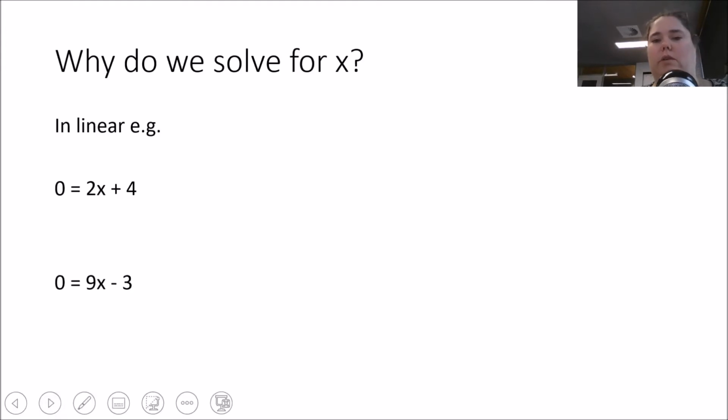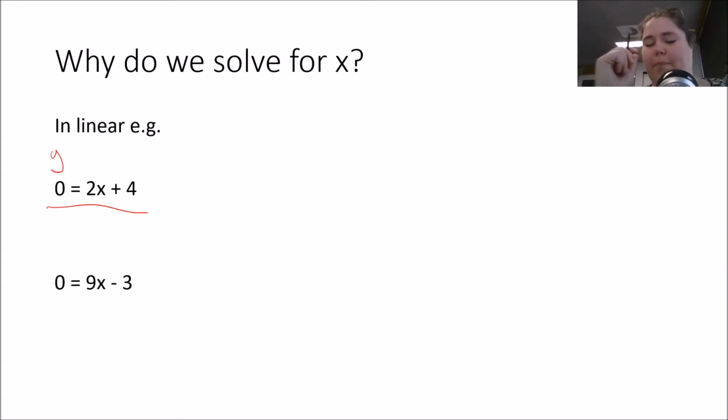So why do we solve for x? So in linear, why did we actually solve for x? When we have something like this, we consider that this 0 was actually y. So what are we finding when y equals 0? We're finding the x-intercept. X-intercept. So if we rearrange this one,